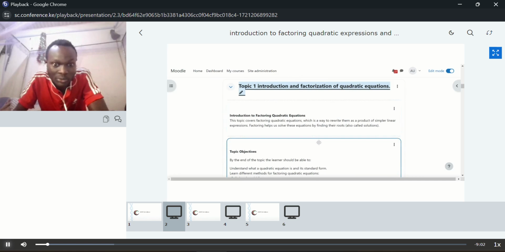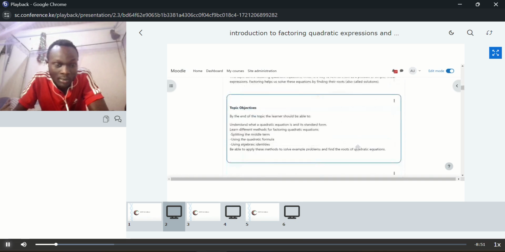Factoring a quadratic equation is a way to write it as a product of similar linear expressions. Factoring helps us solve this equation by finding its roots, also called solutions. And our topic objective is that you should be able to understand what a quadratic equation is and its standard form,